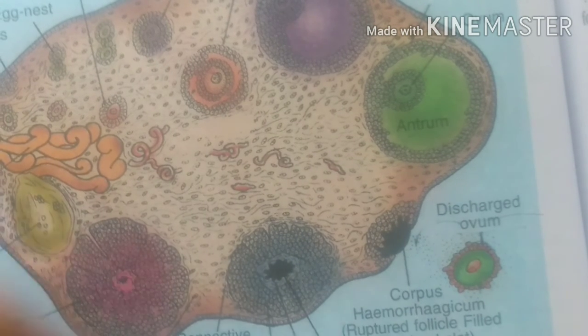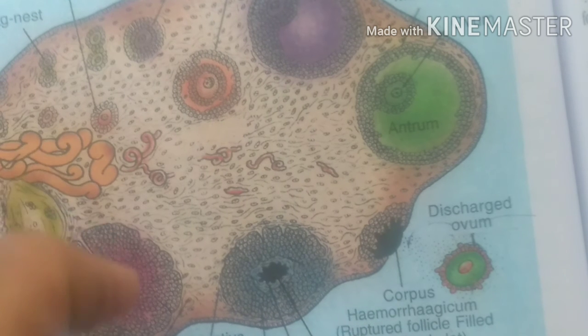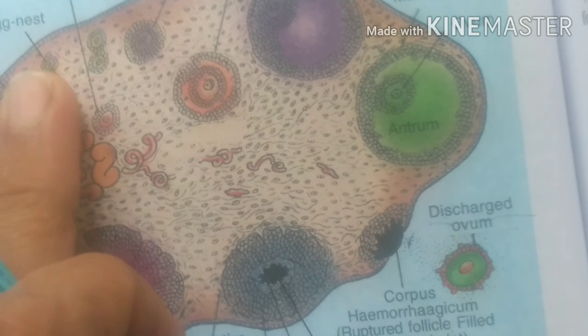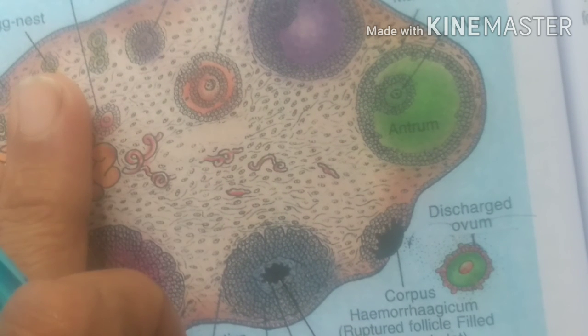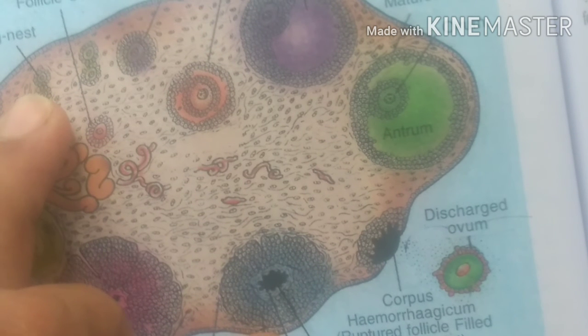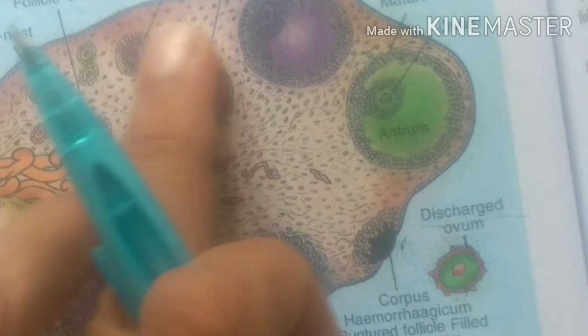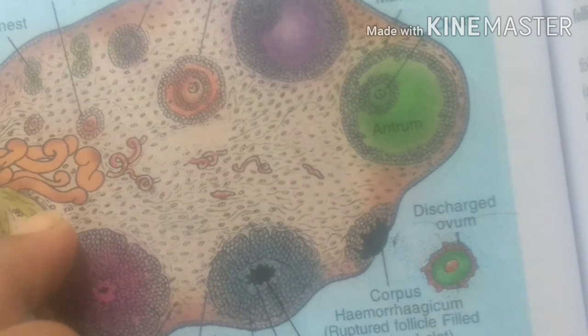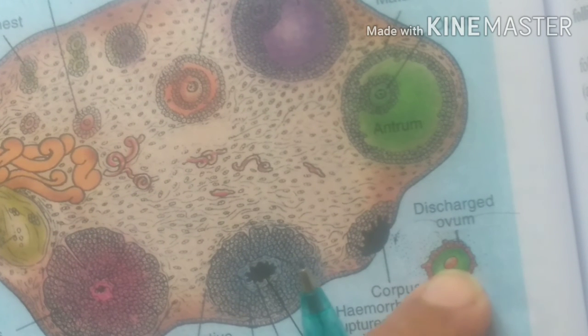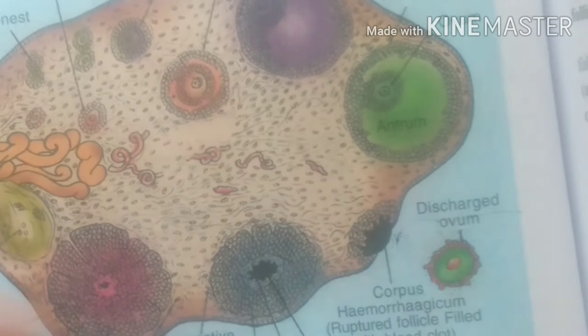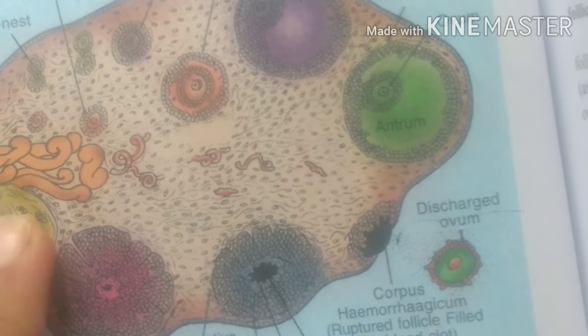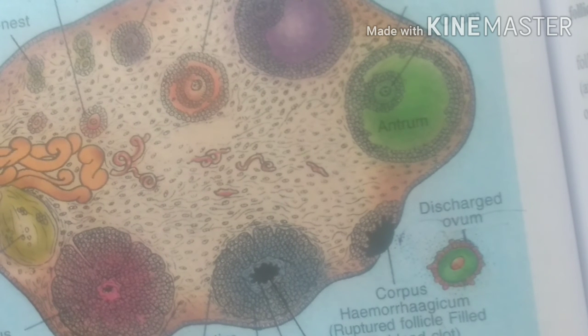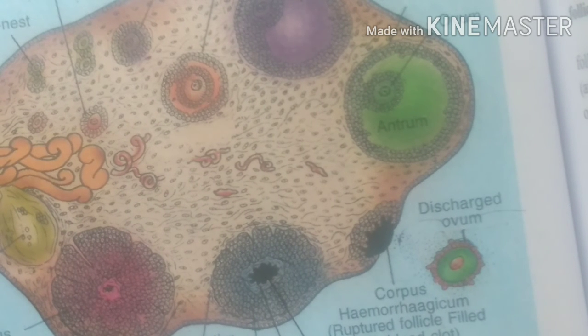When a girl is born, she has about 1 million ova, primordial follicles. When she matures, she has about 40,000 primordial follicles, and among them one Graafian follicle develops and the ovum is released. So in a female's lifetime, about 500 eggs are released, and all other follicles degenerate. It is called the atretic process.